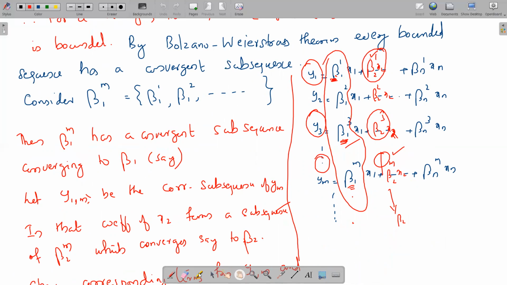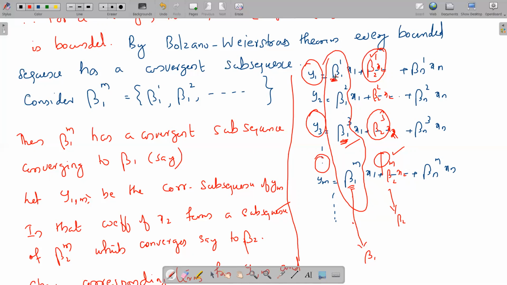Has a convergent subsequence converging to beta 1. So these coefficient terms converge to beta 1. Suppose the subsequence of beta 1m which converges to beta 1 is chosen from the original sequence, so that its first term is the first term of the original sequence, its second term is the third term of the original sequence, its third term is the fifth term of the original sequence,